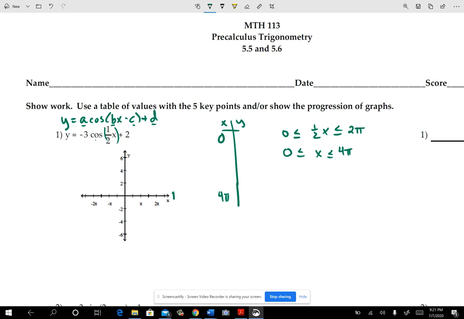So I'm going to actually extend this a little bit. So that would be 3 pi. I need to get all the way out to 4 pi, okay? And then what I'm really graphing right here, I'll write out, is where I'm actually going to be thinking about what cosine of 1/2 x would look like. Okay, so what I'm going to do is cut this in half. That would be 2 pi. You can see it from here that it would be 2 pi, or you could do half of 4 pi. In between here, I would have pi. In between here, I would have 3 pi. So those are the 5 key points that it would take to complete one full cycle of your cosine graph,